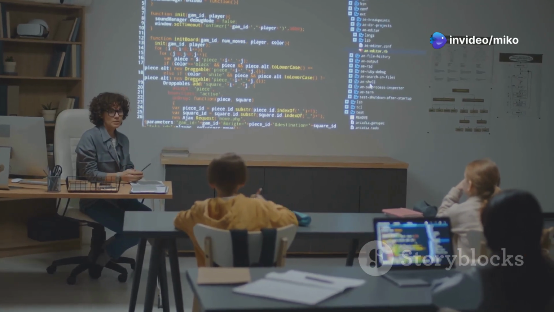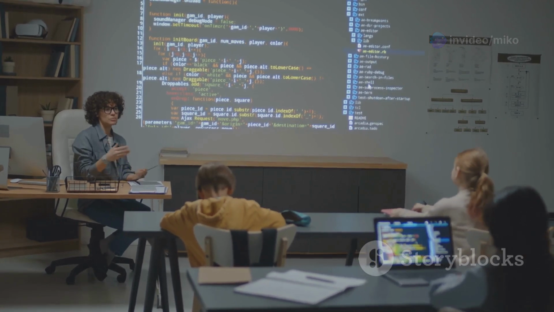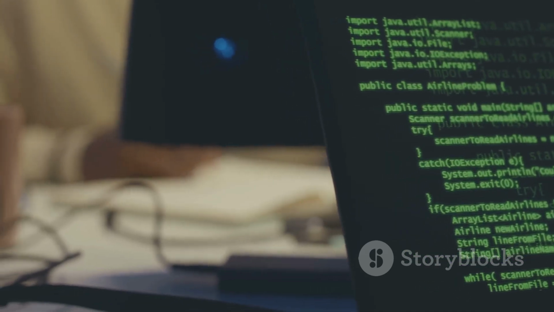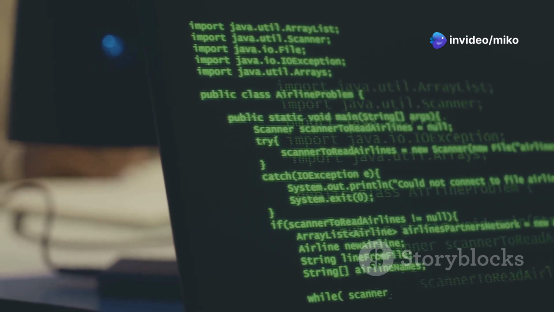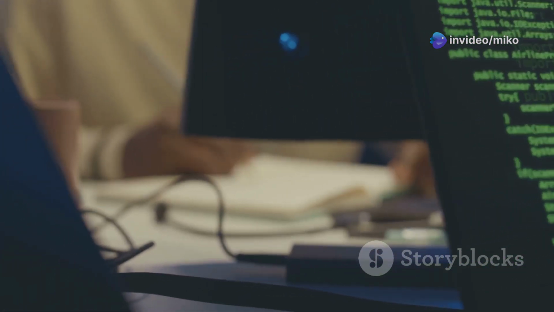Java, a powerful and versatile programming language, shapes the digital world in countless ways. From smartphones to complex systems, Java is everywhere, powering applications and services we use daily. Learning Java is like gaining a superpower, allowing you to create software, apps, and much more, opening doors to endless